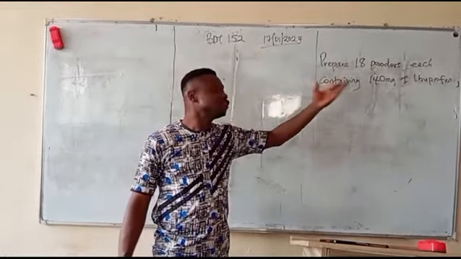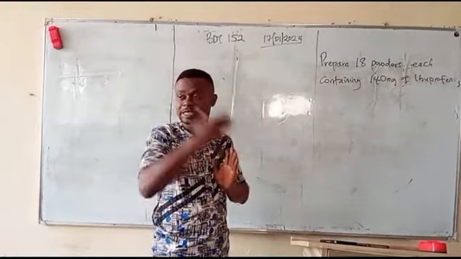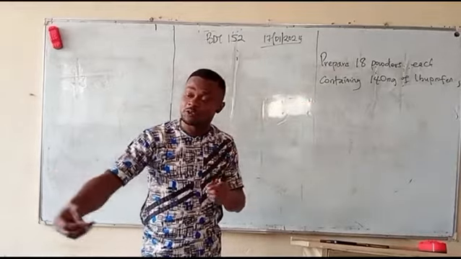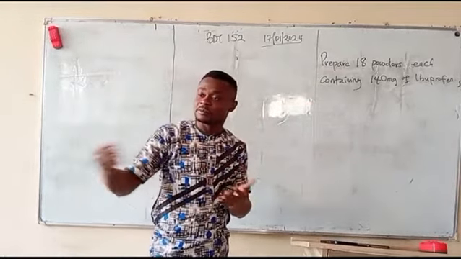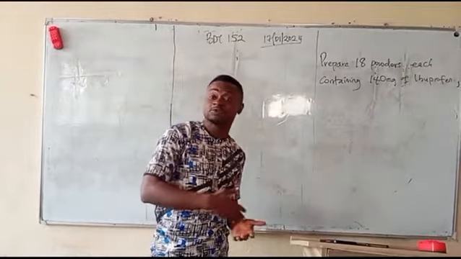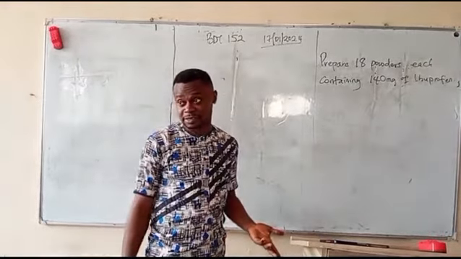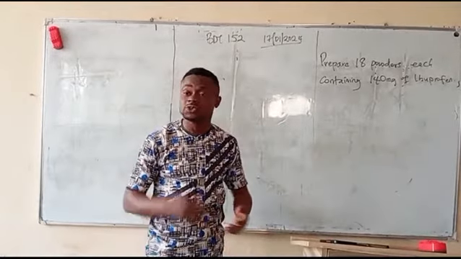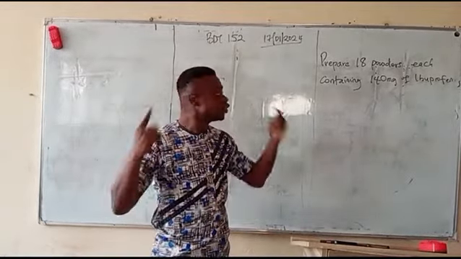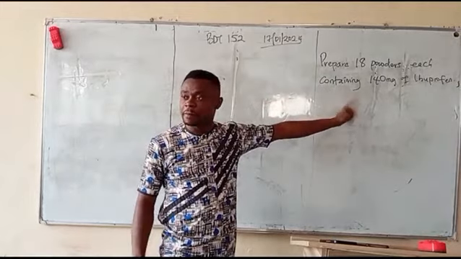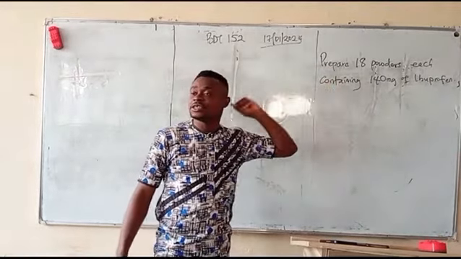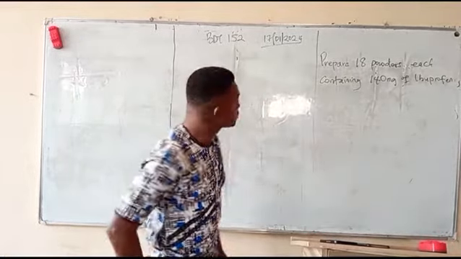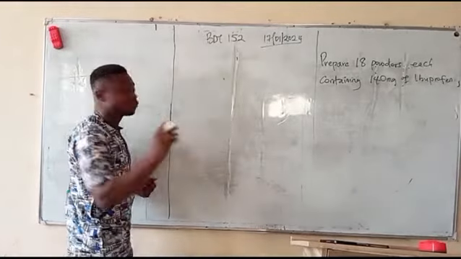So all you need to do is calculate for 20 powders. Because remember, if you calculate for 18 powders, after taking the 17th one, the 18th one may not be complete. You may not even get up to 17 powders. So the best thing to do is to go for 20. Since you know that one of the powders will contain 140 milligrams, so that means for 20 wraps,